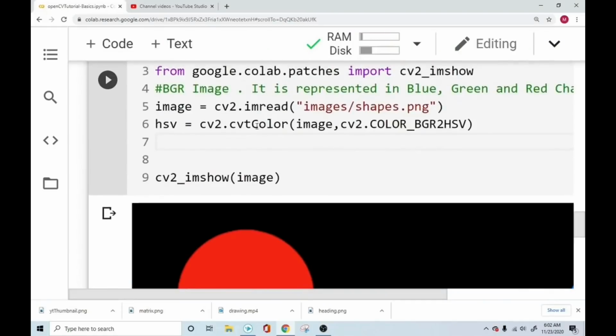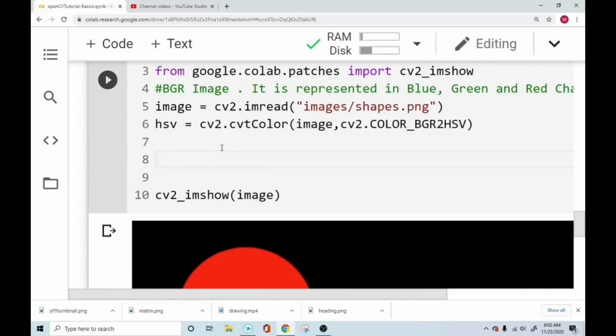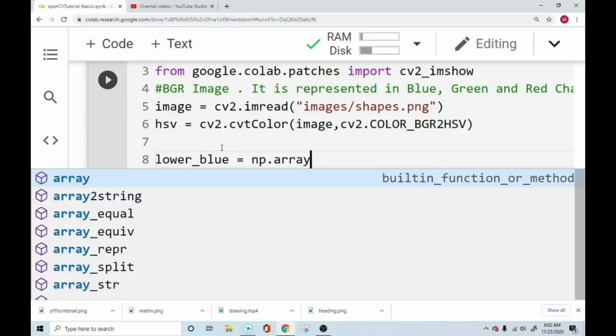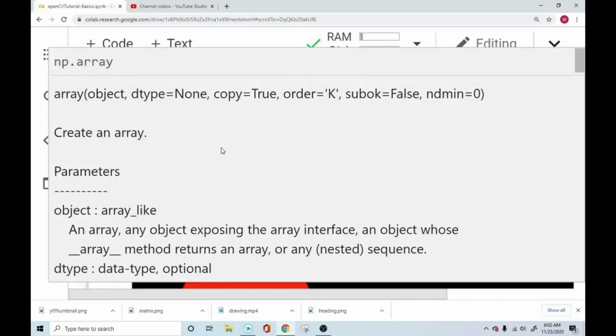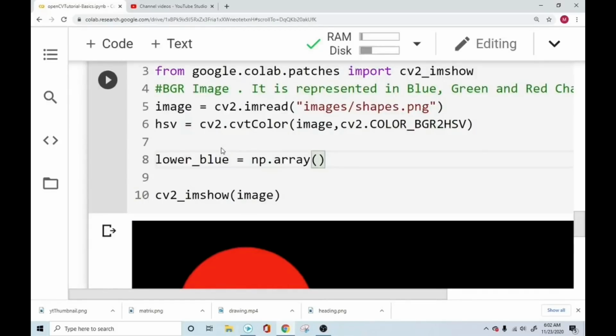So I can isolate this blue color in the HSV range by saying, okay, my lower blue color, and you need to provide a range of your blue color values. It's going to be an array, and this blue color array is going to have a value of